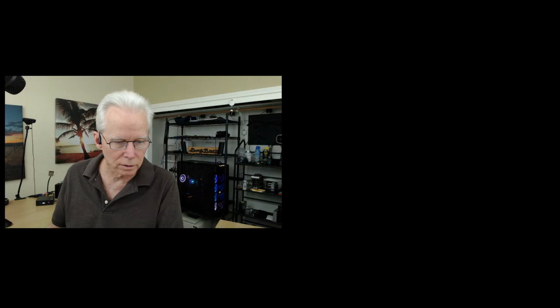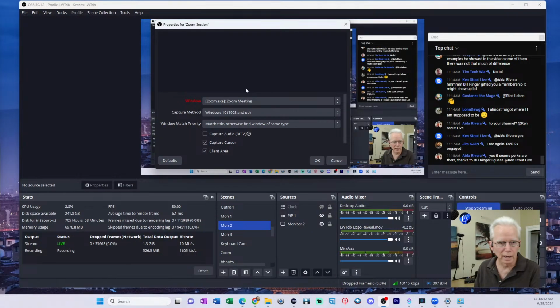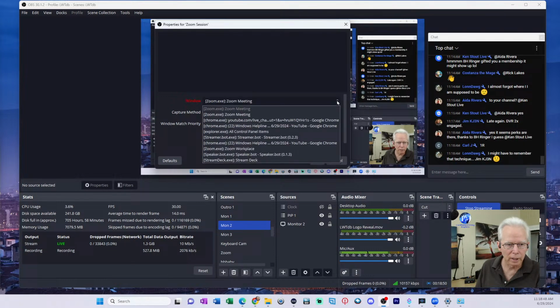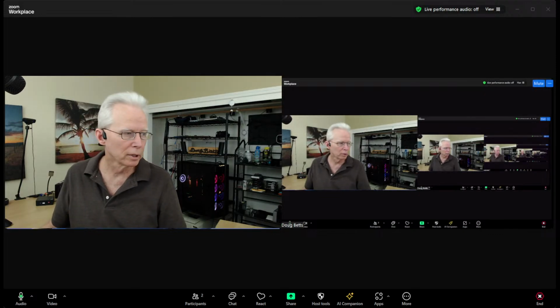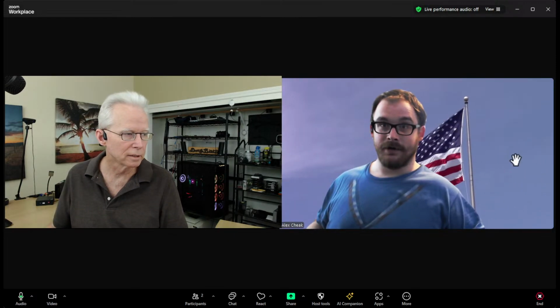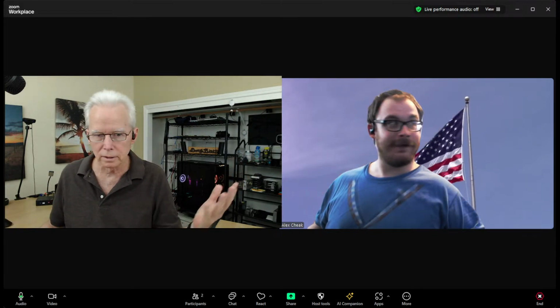Let's see, I've got to right click and, well, oh, I'm on the wrong thing. Zoom session over here. I changed the layout of my OBS, so it's a little weird. I got to change a different window here. I bet it's going to be this one. So I'll click on that. And there, that's showing that it's going to come up right. And click OK there. Then bring that up. Then move Alex to the right side. And the next thing, what do I got to do? Do I need